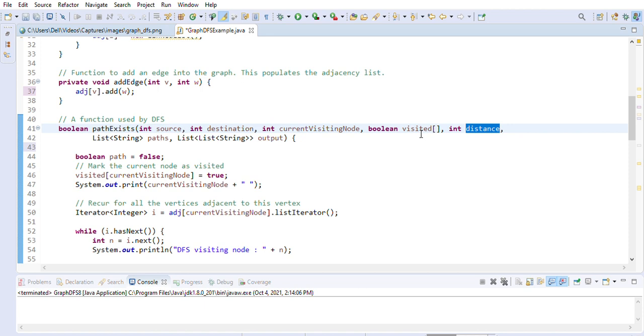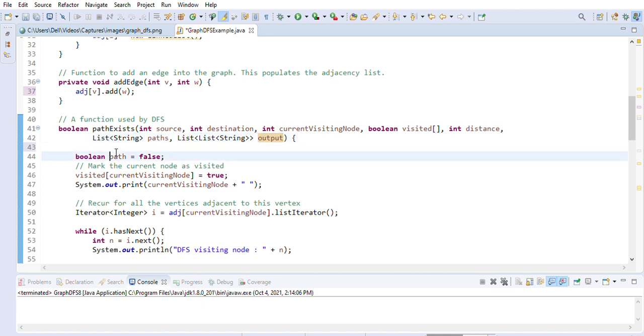And then the paths, as I explained already, is a list of strings to capture the elements of the path you have traveled so far. And output is to capture the output of paths. If we find any path from source to destination, we will use it to capture in output.